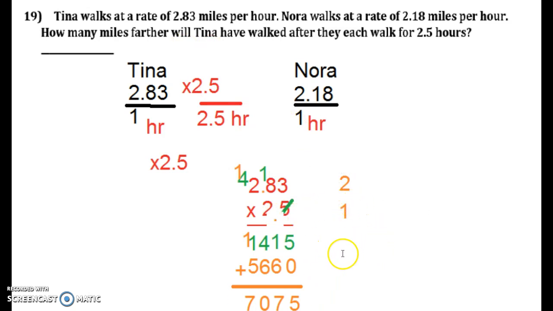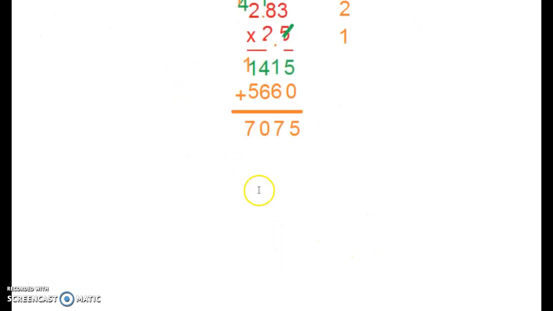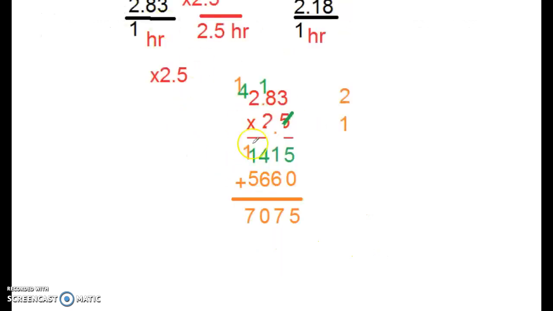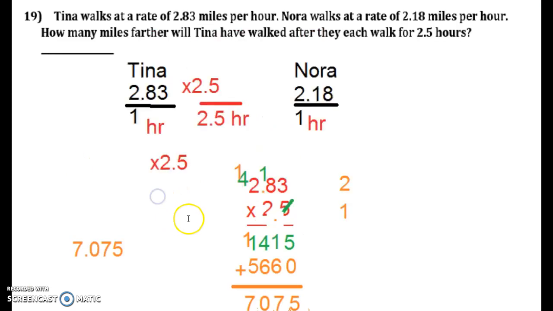So I need to move my decimal spot 3 times over. I'm just gonna take my decimal, which is imaginary and it's over here. I'm just gonna move it 1 spot, 2 spots, 3 numbers, and there's my decimal. It should be 7.075. So that's how far Tina would go. She would go 7.075. So now it's your job to figure out how far Nora would go to see who